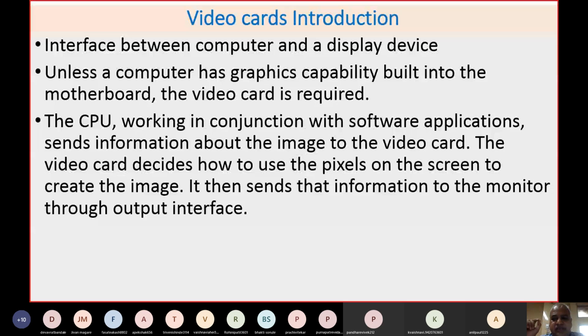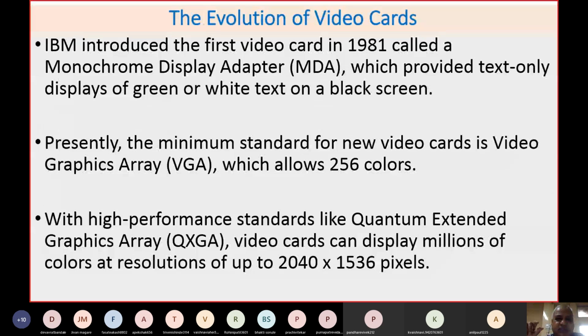It then sends the information to the monitor through the output interface. Nowadays for the output interface you use either VGA, HDMI, or sometimes a DVI interface.